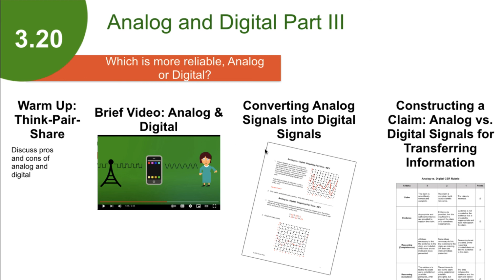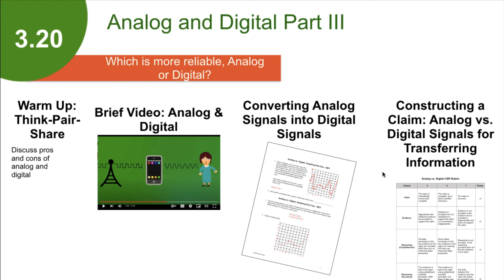But then we'll also introduce them to some of the limitations of digital, as we try and take an analog signal and convert it into digital, taking a certain number of samples as we take coordinates off of a graph to map a river. And now that students have really dug in to figure out what analog and digital are,